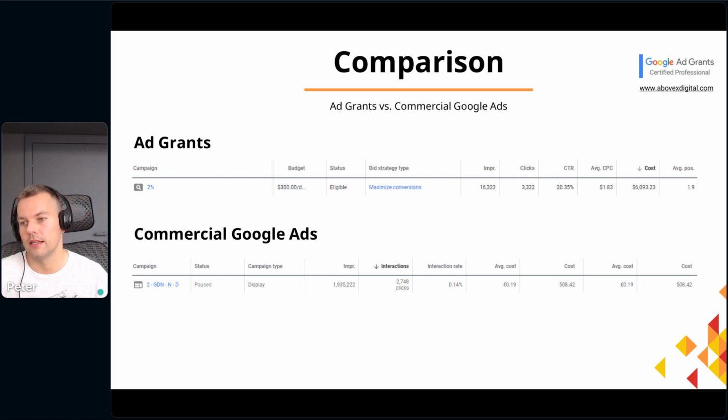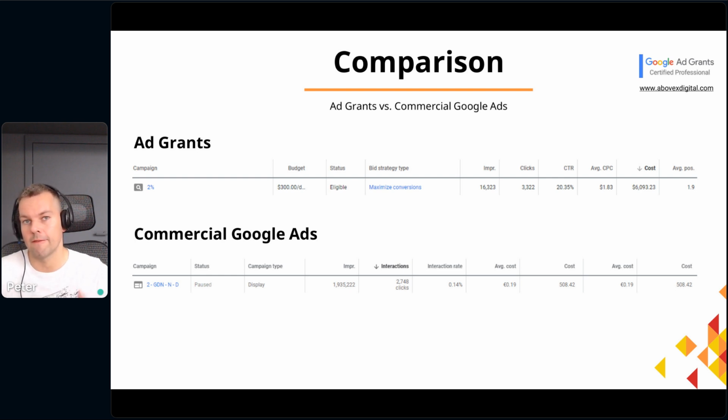You can see that the average cost per click here in this grant account was $1.8 in this time period. And the banner campaign with similar targeting had an average cost per click of 19 cents, right? So banner campaigns are typically significantly cheaper than grant campaigns. So even if you don't have a sizable budget, you can still run a fairly successful banner campaign. And what's very typical for banner campaigns is that you can get many impressions very quickly, right? So over here, 2 million impressions, 2.7K clicks, right?